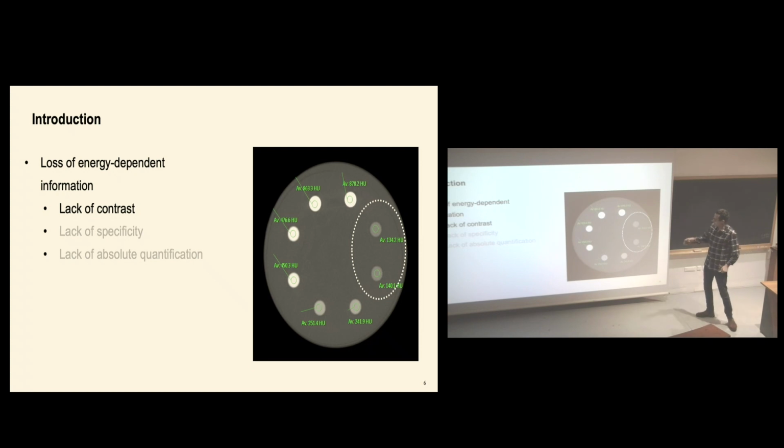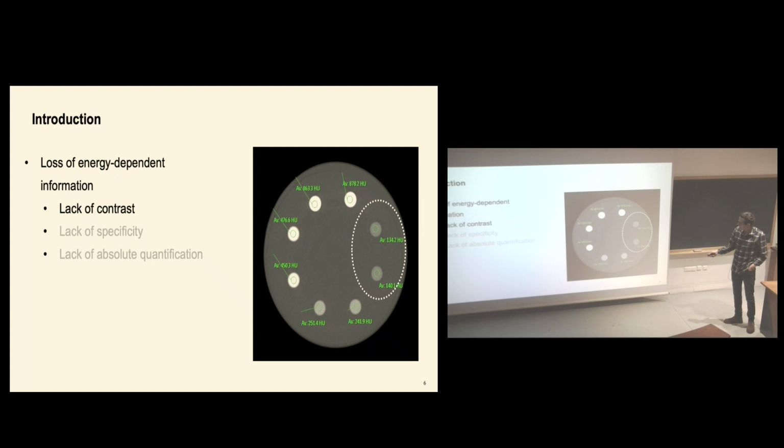Conventional CT, because of the energy-integrated detectors, and we will go through the architecture of the detector, loses the energy-dependent information of the tissues. That means you're going to lack contrast within your image. See this image: this is a phantom with inserts. It's a grayscale value. There is a complete lack of tissue type specific